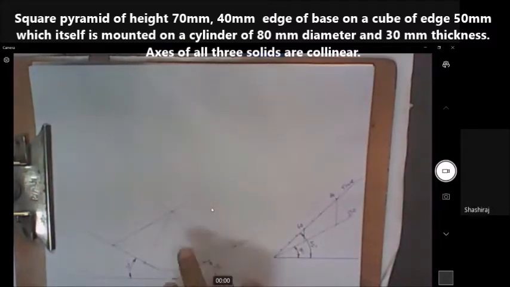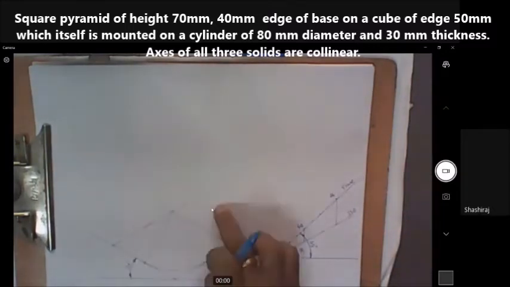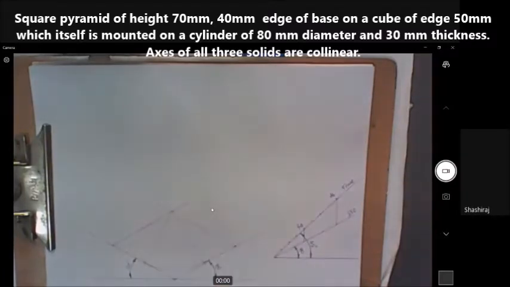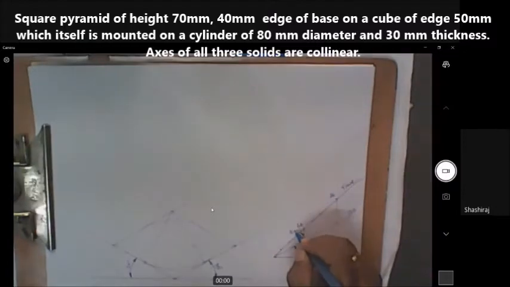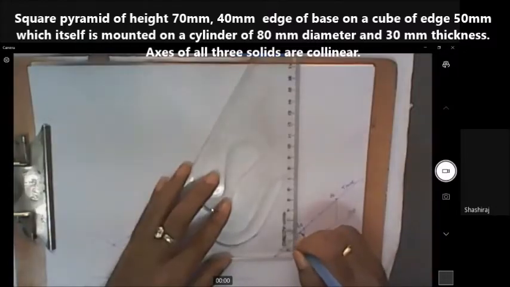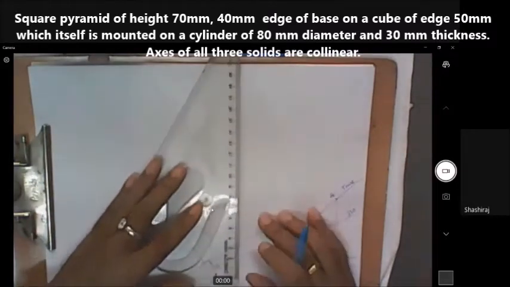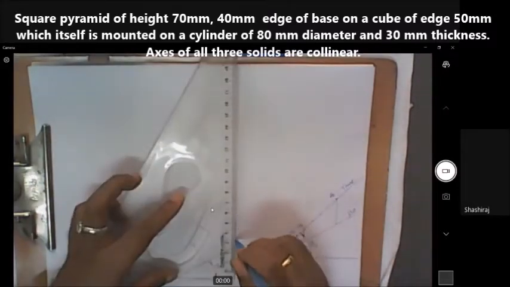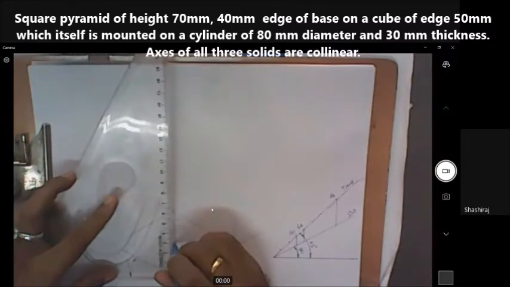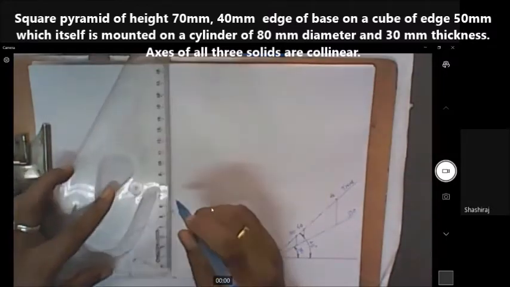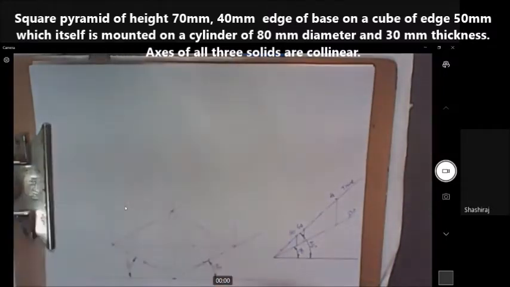Now I have to give the height for the cylinder. In order to give the height for the cylinder, I can give the height for the same corners and construct the top box and fit an ellipse there. Height of this cylinder is 30 mm. I take 30 here, get isometric 30, and I'll draw vertical lines from all these corners. 1, 2, 3, 4.